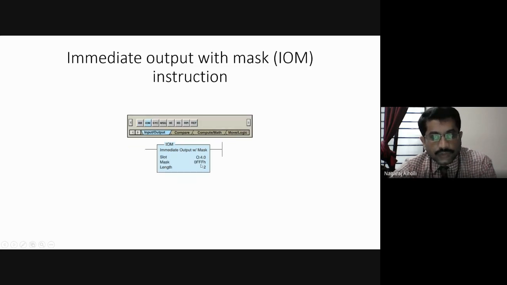Here what is happening with 0FFFH? So which bits are masked and which bits are retained as they are? Can you just think of it?